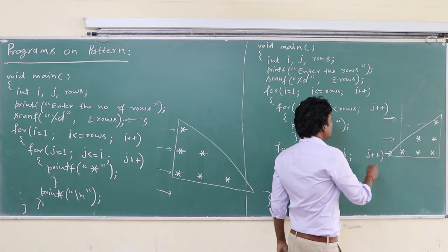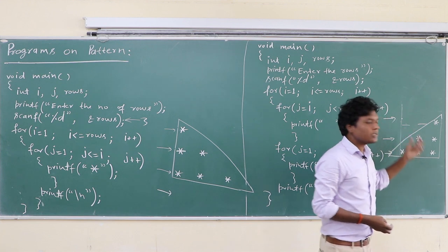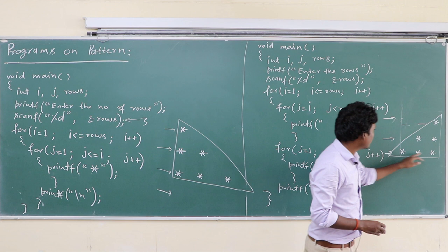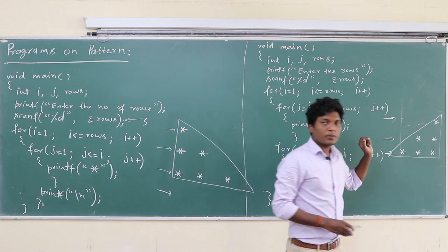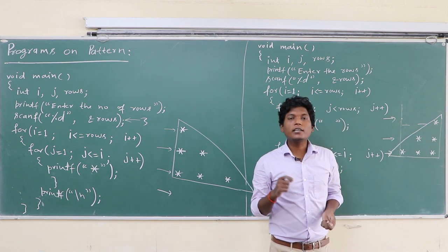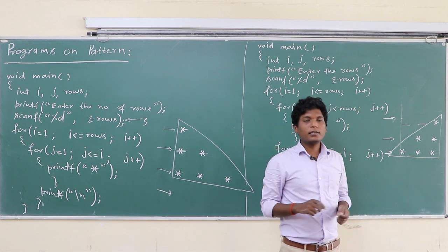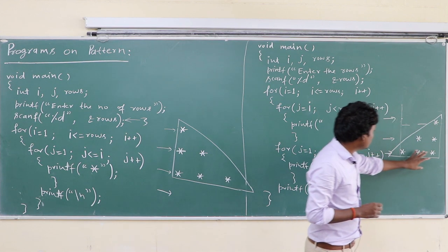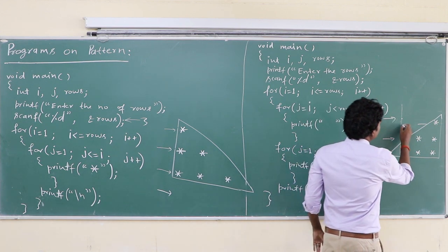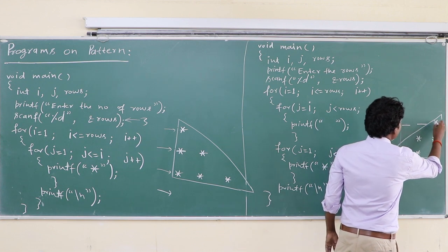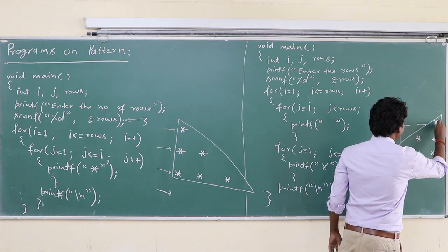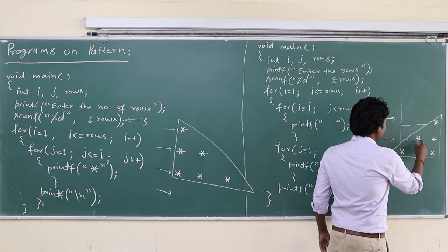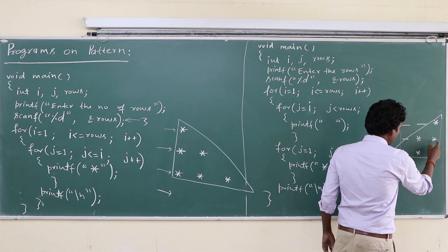Okay, if you print characters other than space, then those characters will appear here, and you will not get the pattern like this. So we have to print the space character, because the space character does not show on the output screen, and we can get this pattern. So here we print space first, then in the third step we will be here. And here is also space first, then we will be here, then we will print here.